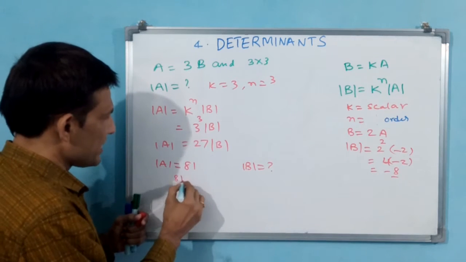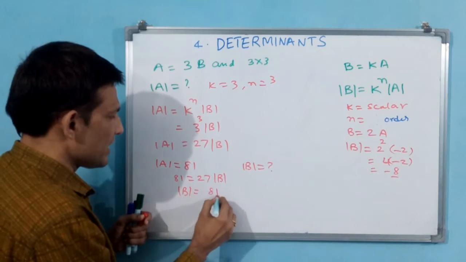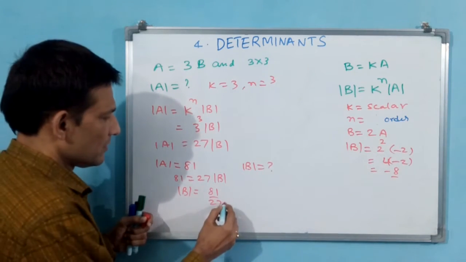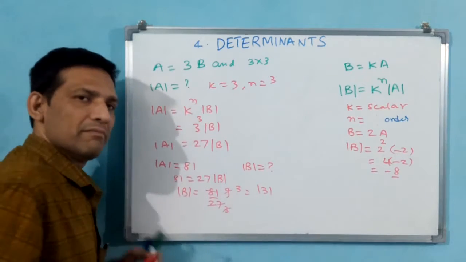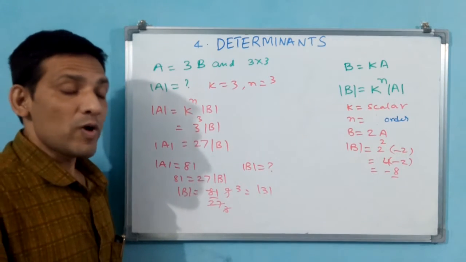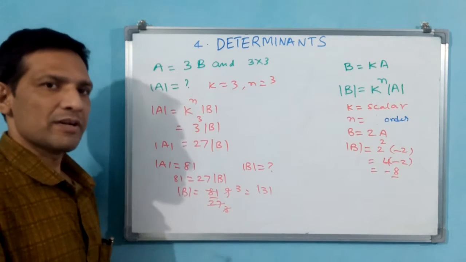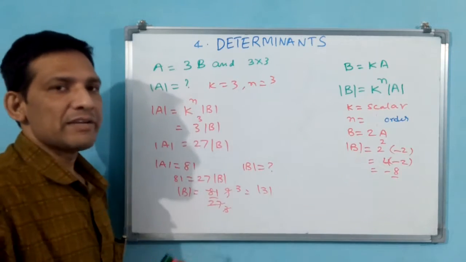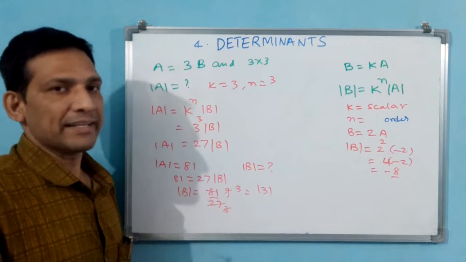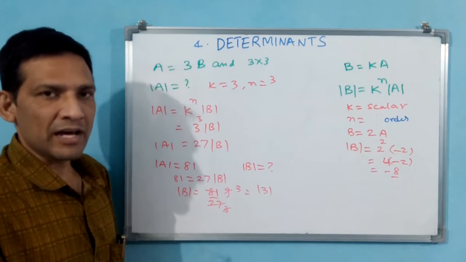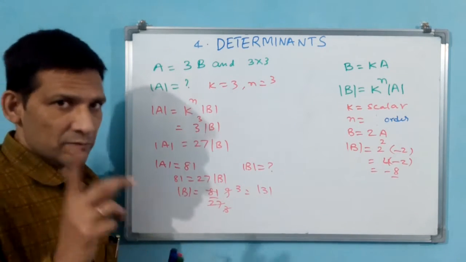Then you know this formula. 81 is equal to 27 determinant B. Now determinant B is equal to 81 by 27. 9 threes are 27, 9 nines are 81, 3 threes, that means 3. How are we able to divide? Because a determinant is a final value, you can divide. That is not a problem. Determinants directly you are not dividing. Matrices you are not dividing directly. Scalar you are able to divide in a matrix. Why? Because if you want to divide with a scalar 5, you multiply by 1 by 5, then you are going to divide like that. Okay, this is one concept.